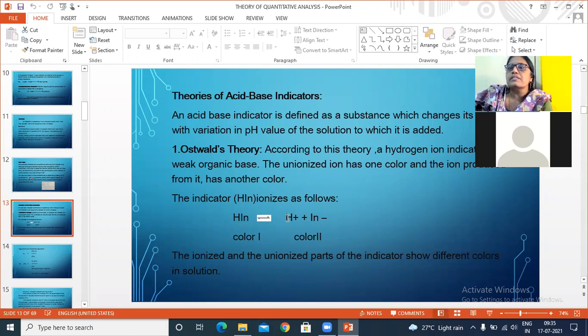So the dissociation of the indicator is suppressed because of the high concentration of H plus ions in acidic medium. If the dissociation is suppressed, then it is not going to undergo dissociation. So only the unionized indicator, having its own color, is what we expect in acidic medium. In general, the unionized indicator form and the IN minus formed on dissociation have separate colors. So both have separate colors.